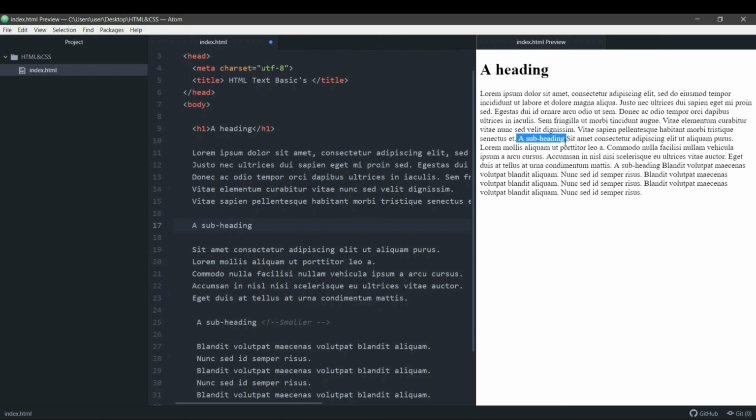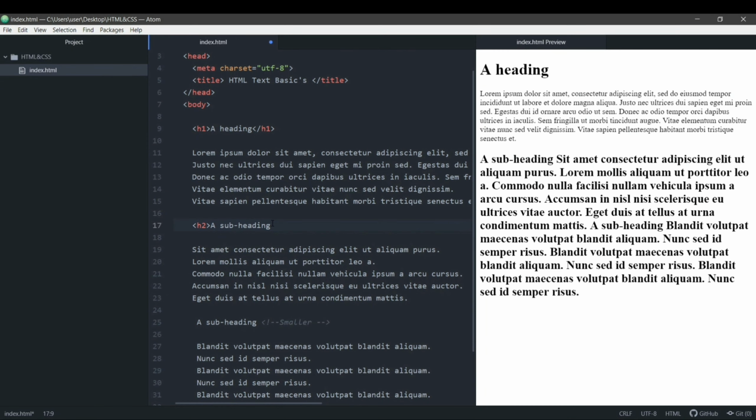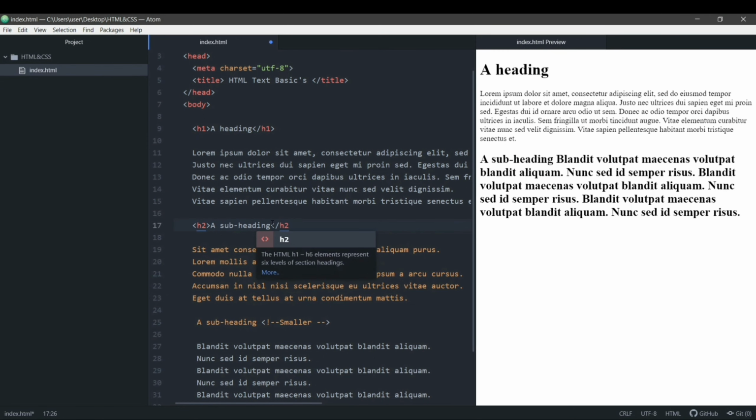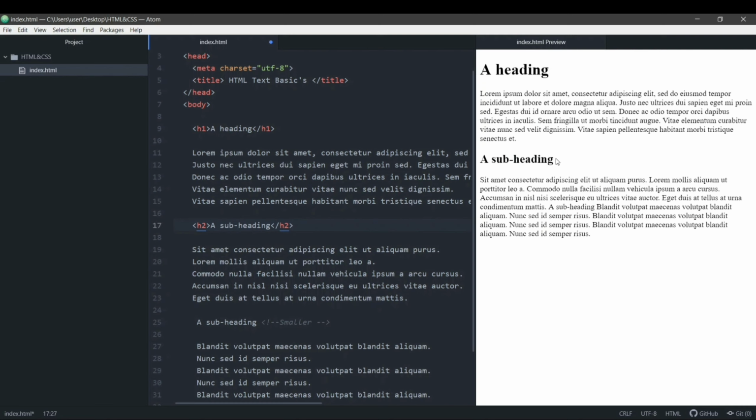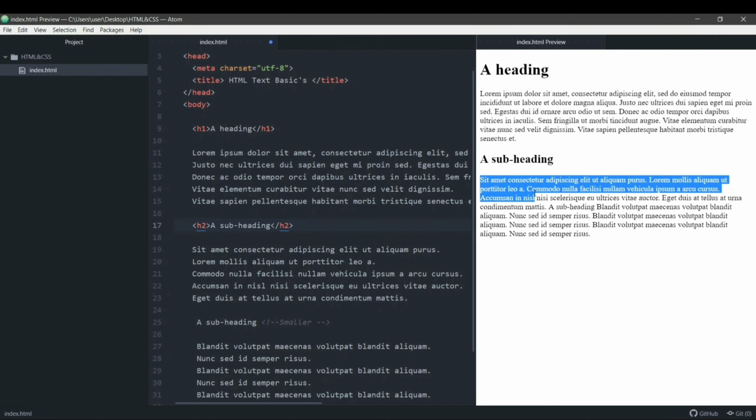It didn't go on a new line, but as soon as I added H2 and closed it off, this line contains only H2, and this paragraph is shifted automatically on its own to the next line.